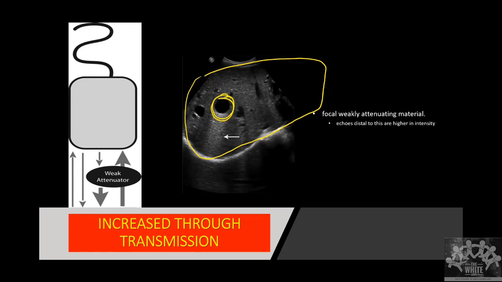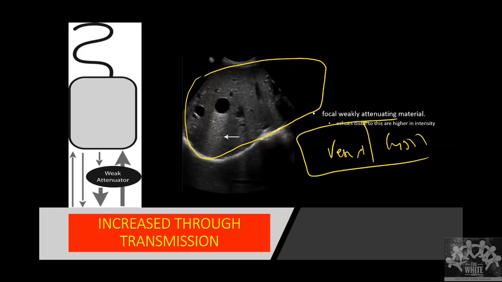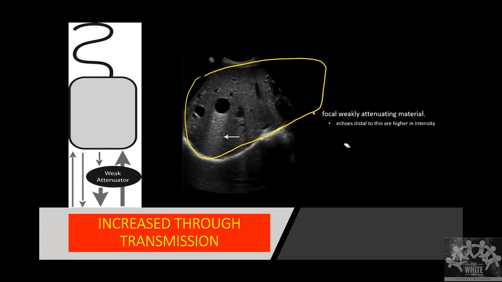Okay. Now the first thing is, we need to know how to differentiate a vessel from a cyst. Even an aortic aneurysm looks like a cyst on ultrasound. So what is the one thing that will tell us it is a vessel, not a cyst? What is the one thing we have to do in ultrasound to tell that this is a cyst and not a vessel? What is that one thing I can do?